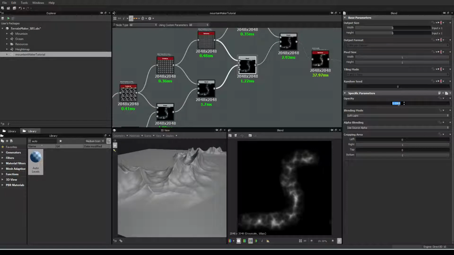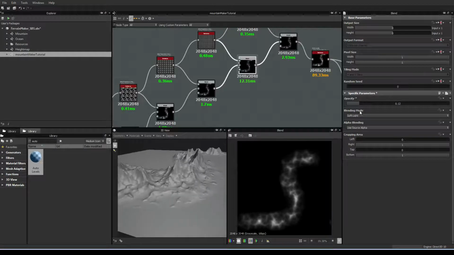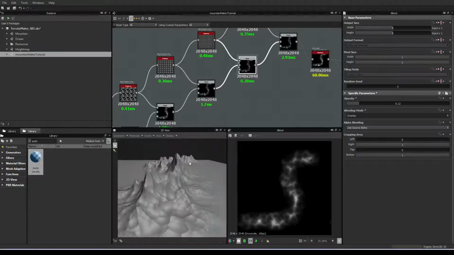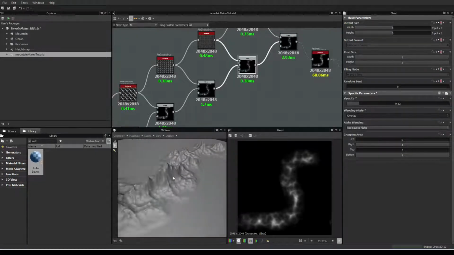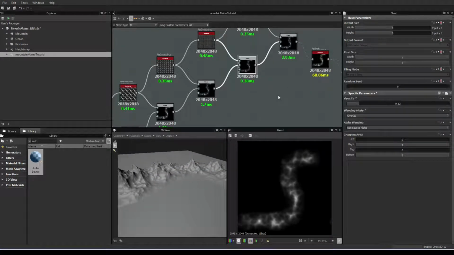Let's say 0.12. It's strong. Let's see that. Okay, you see here, we just make some tests. It's quite raw as you see, but that's cool. That makes something quite interesting. And here